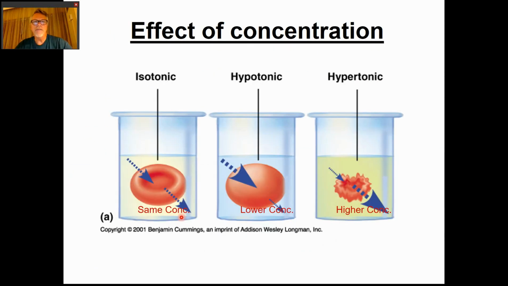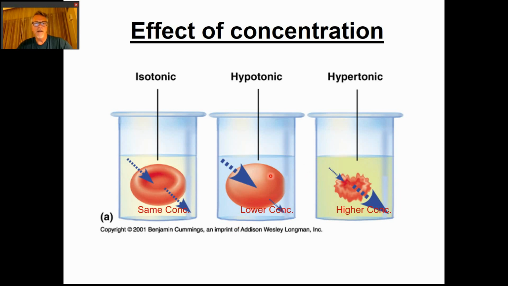The last concept that we need to talk about today is the effect of concentration on cells. Cell membranes will let some things across and some things not. That's called selective permeability, right? So that can have a bad effect on a cell, or a complicated effect on a cell. For example,